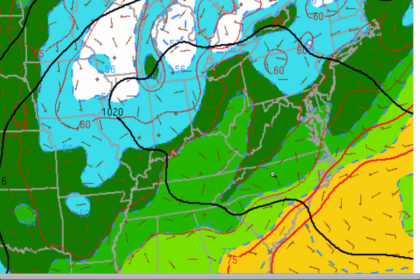So what's causing these showers? Because you see we have a 10-20 millibar high pressure system pretty much over the East Coast. But we have this weak little trough right along the coast, right here. And that is a separation between moderately warm air, let's say continental air, and tropical air. And this tropical air is going to build into the Philadelphia and New York City metropolitan area starting tomorrow, but